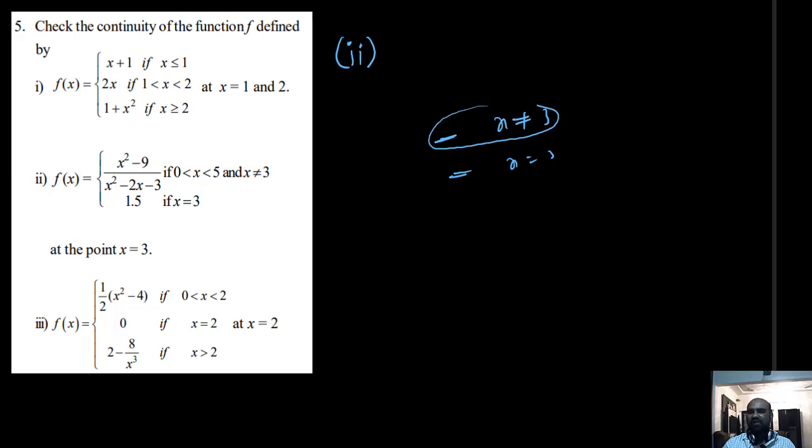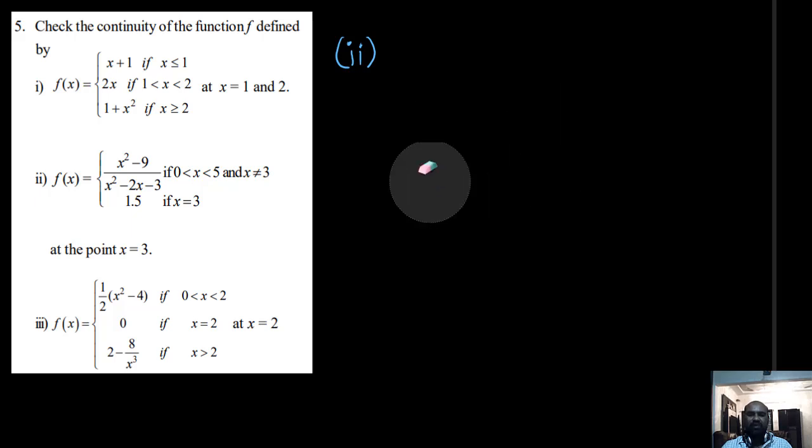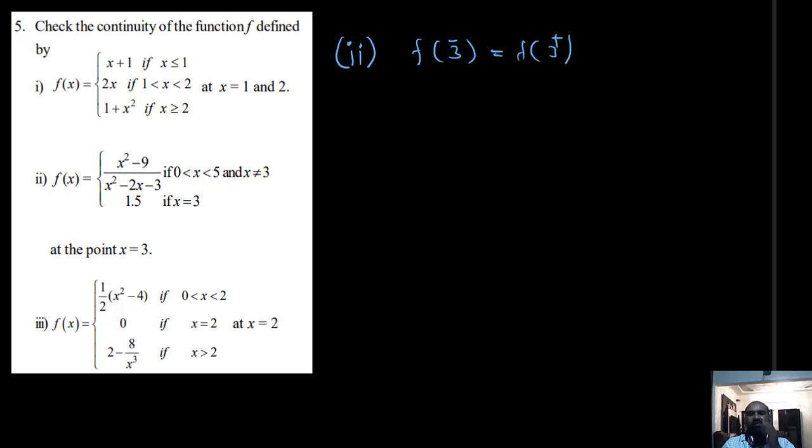So directly you want to find the limiting value of the function at 3. No need to find LHL, RHL. Directly you can find the limiting value of the function at x equal to 3. If it is equal to 1.5, then I can say that the function is continuous at the particular point. For this problem no need to find LHL, RHL, because the rule is given for x not equal to 3. There is no separate rule for x less than 3 and greater than 3. That's why directly you want to find the limiting value of the function at 3. Which is the same as the limit of f of x as x tends to 3.